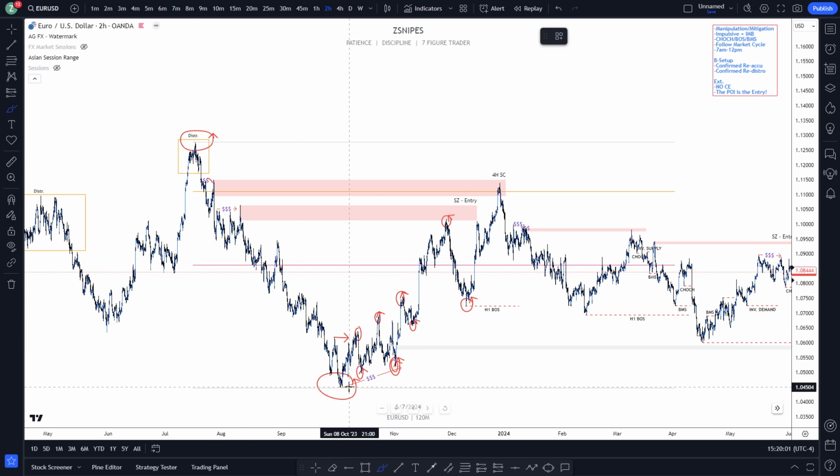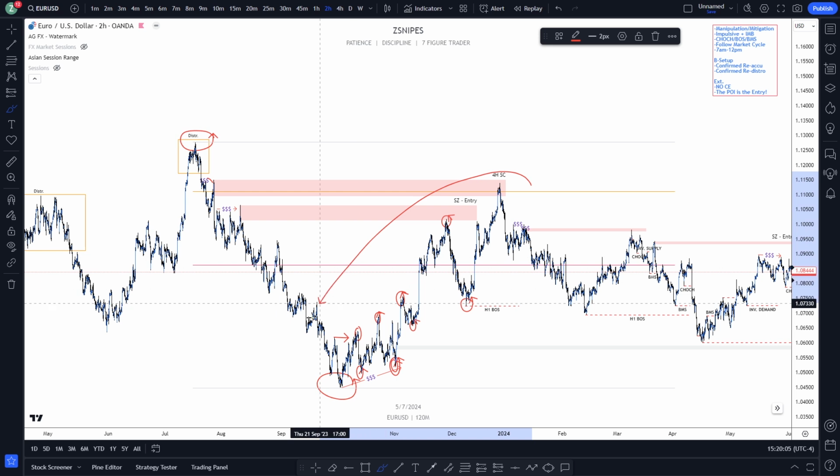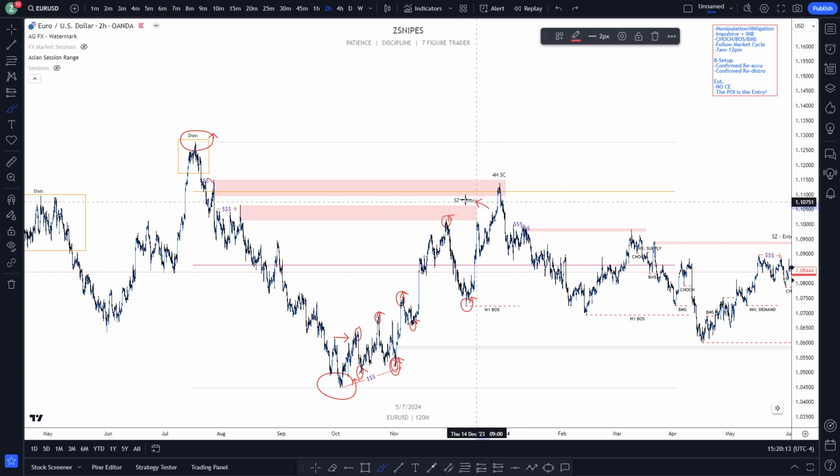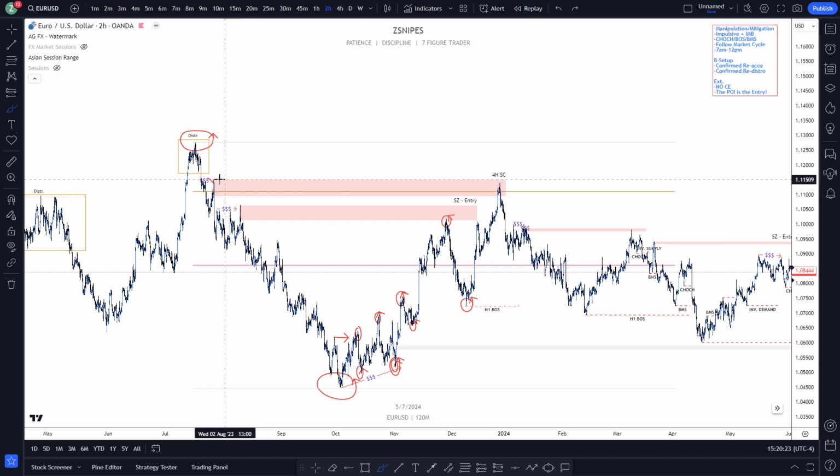Once we see that intraday and higher time frame are going in the same direction, for example, right here, we can see higher time frame is a bearish leg, and now we're retracing. So on the internal, we have the intraday right here. You can see intraday is going higher, low, high, low, high, low, high. And as we're going higher, we are mitigating these supply zones and getting reactions from them. We mitigated this first supply zone, we got a reaction, we went higher, and we mitigated this next supply zone.